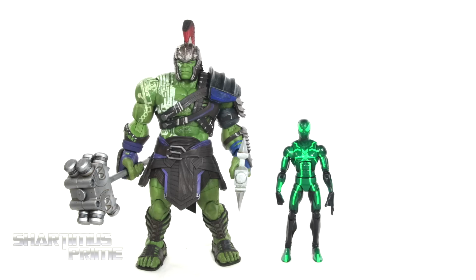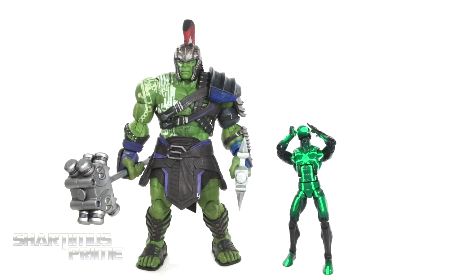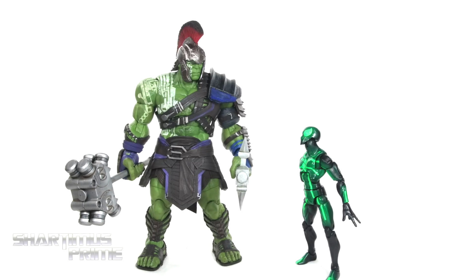And then here's the Marvel Select Gladiator Hulk to an average 6-inch scale figure. We have the Marvel Legends Big Time Letdown Spider-Man. Who gave you weapons? Why on earth do you need weapons and armor? You're destructive enough as it is. I mean, what the...